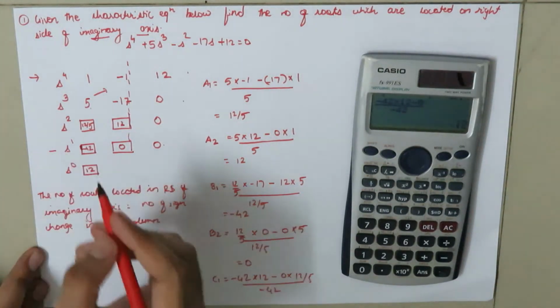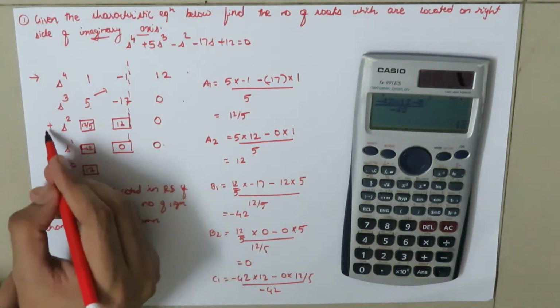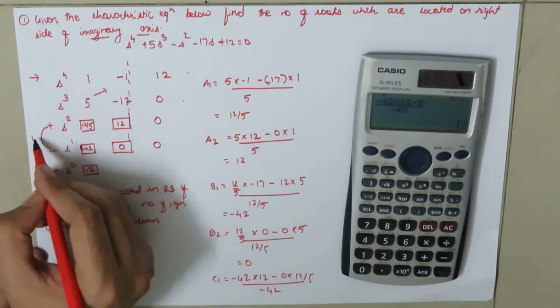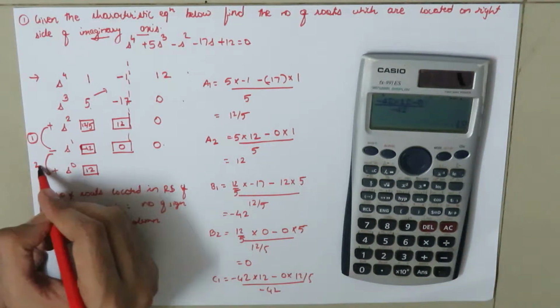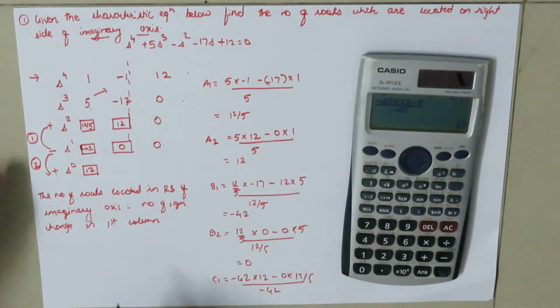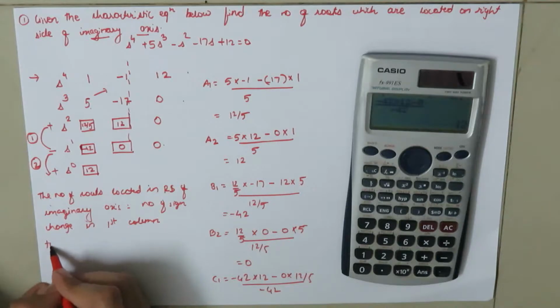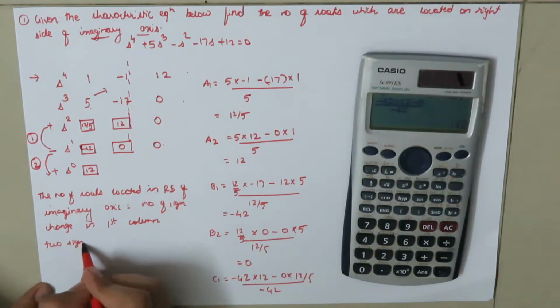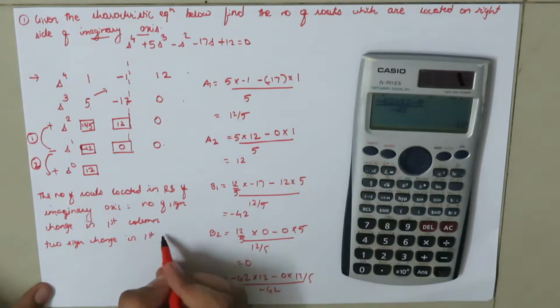Here we have a negative sign, here we have positive, and here we have positive. So from positive to negative we have one sign change, and from negative to positive we have another sign change. So as there are two sign changes in the first column,